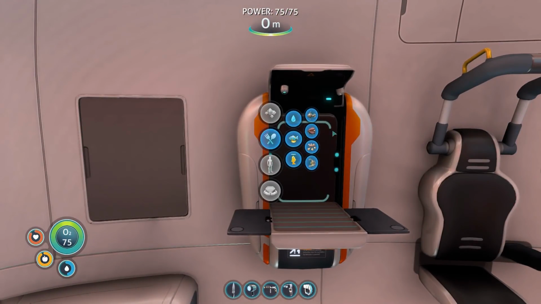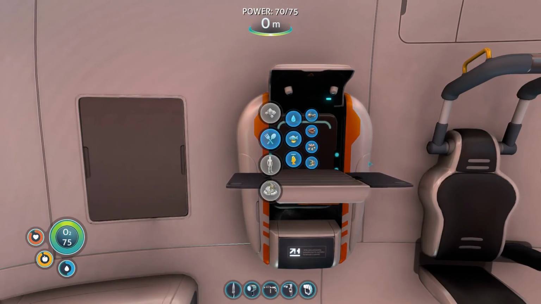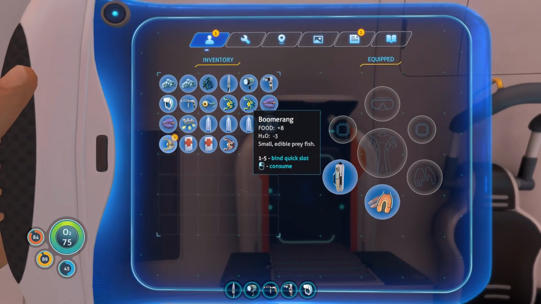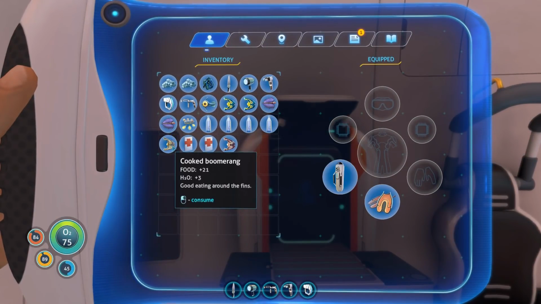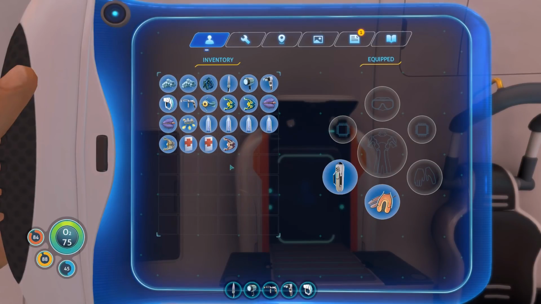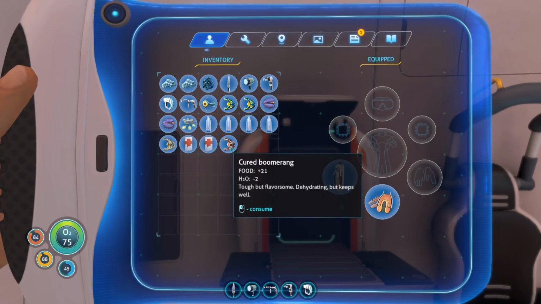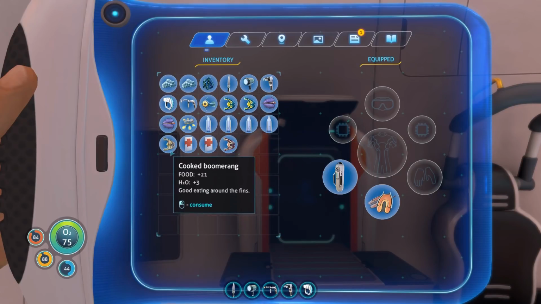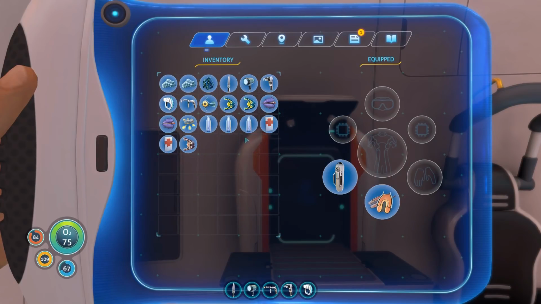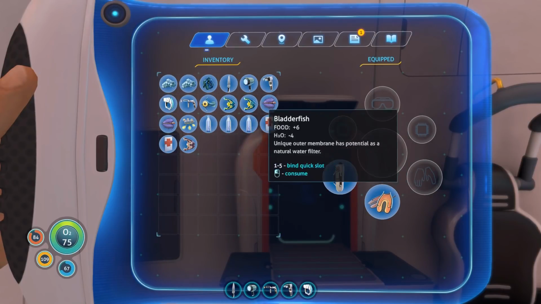So one thing I wanted to do real quick is compare boomerang fish. We're going to use the boomerang fish to compare curedness. So we have +8, -3. Cooked is +21, +3, and then cured is +21, -2. So the cured looks to be the same as the cooked, however, it has a negative water effect because of the salt, but it keeps longer. So that's something you could store up, cured food, rather than having to keep